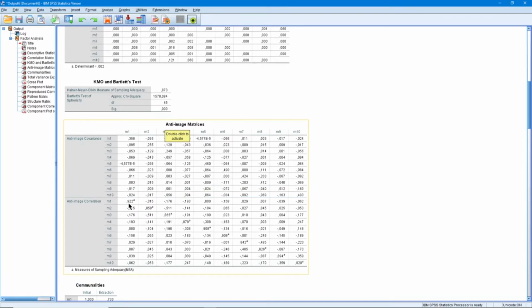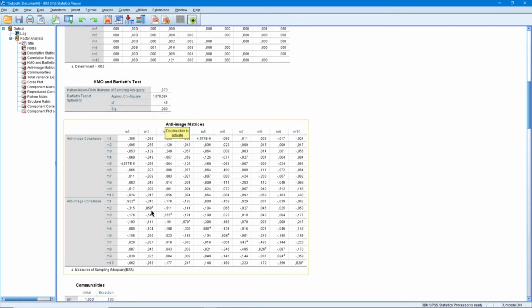The cell here shows the KMO value of the first item. The value here represents the KMO value of the second item. The value here shows the KMO value of the third item. This way it goes from left to right and down. If the value here does not turn out as we want, there will be a value below 0.50, or there will be more than one value. Thus, we can determine which item causes the negative result here.